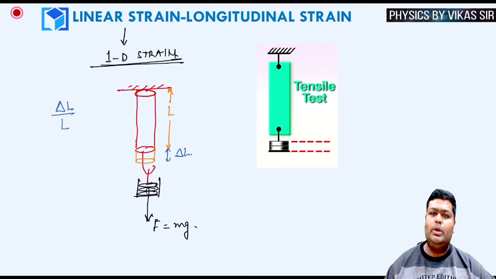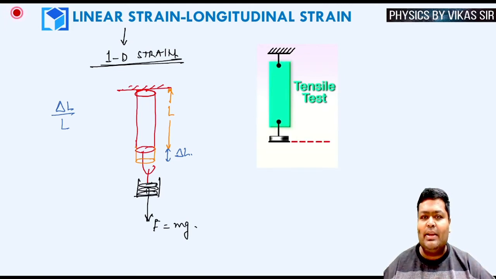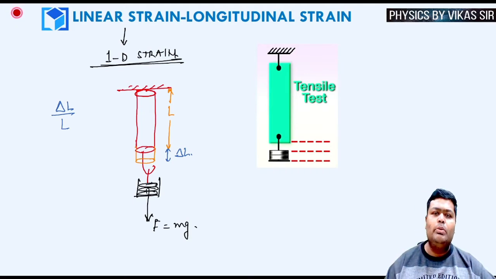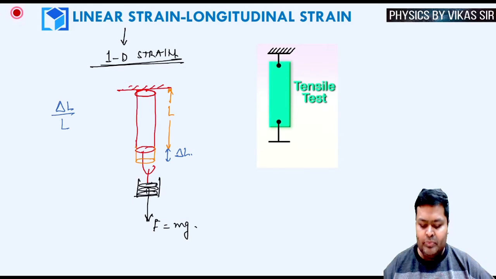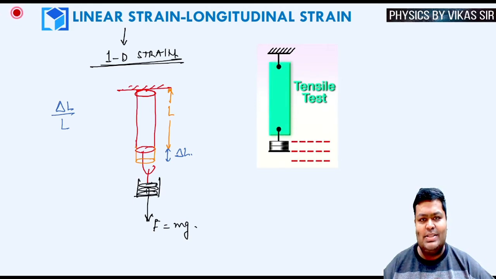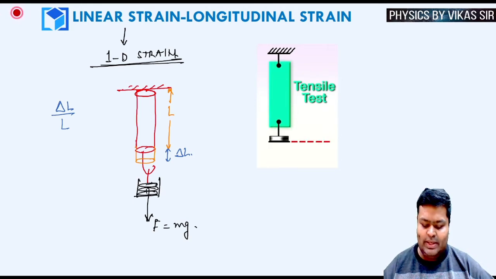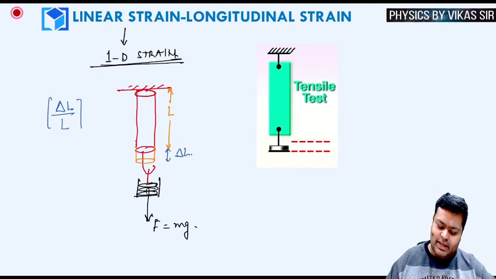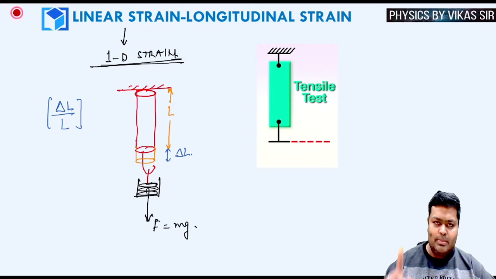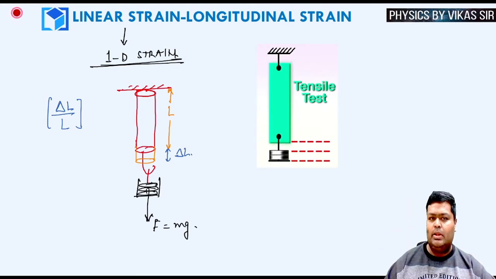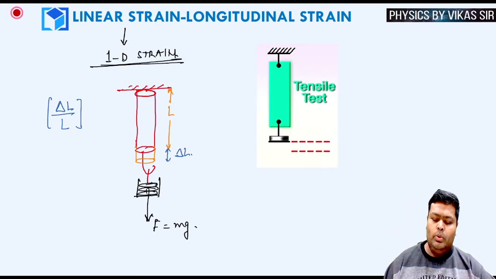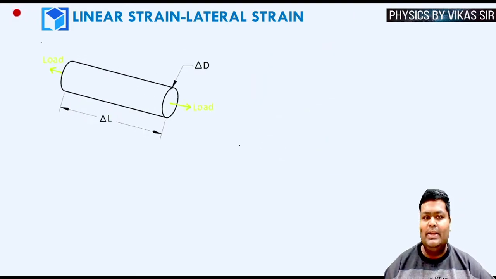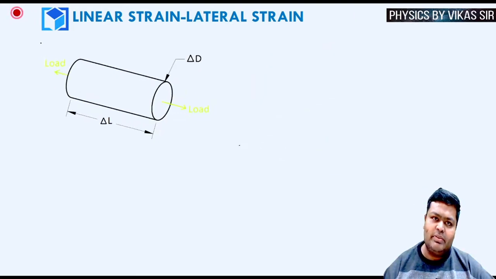And when I'm talking about the units of the strain, there aren't any. The reason is that the numerator and denominator are measured in the same units. So this is a term which doesn't have any unit or dimensions. So delta L upon L is a 1D strain, and as I explained, this is measured in the direction of the load applied. Now, the longitudinal strain is a linear strain, and there is another kind of linear strain